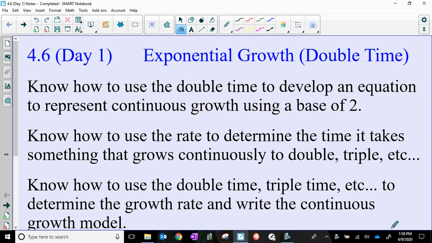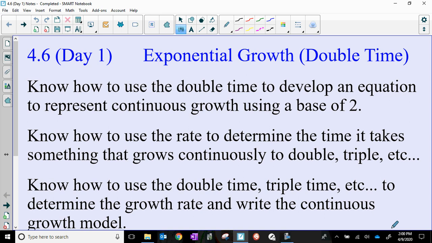Today we're going to talk about double time as our major concept, and that's part of continuous growth. And then we will develop the two different ways to write the same formula, either using a base of 2 or using the PERT formula. For those of you who learned it in the previous units or previous sections and want to stay with it, you can do that. We'll specifically talk about how to get the rate of growth, the growth rate, by using